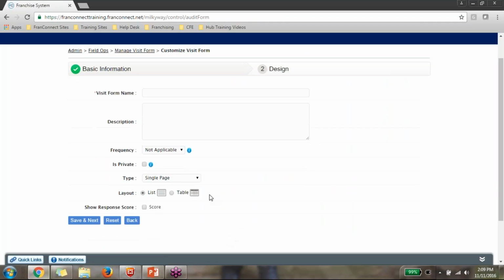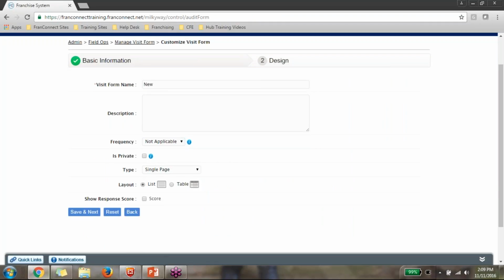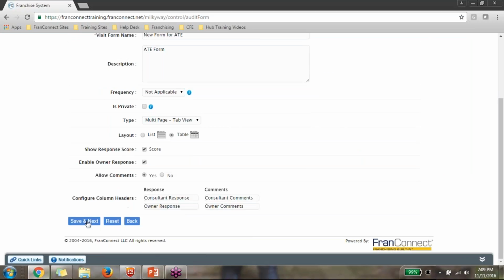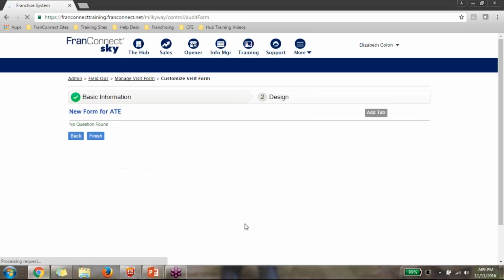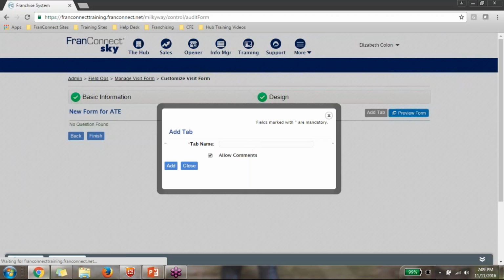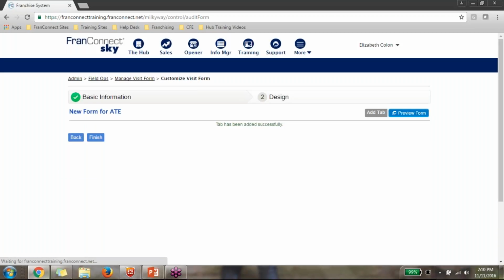I can create the form and fill out the fields of this. And then from here, I can add questions. I'll first have to add a tab, and then I'll be able to add questions from here.